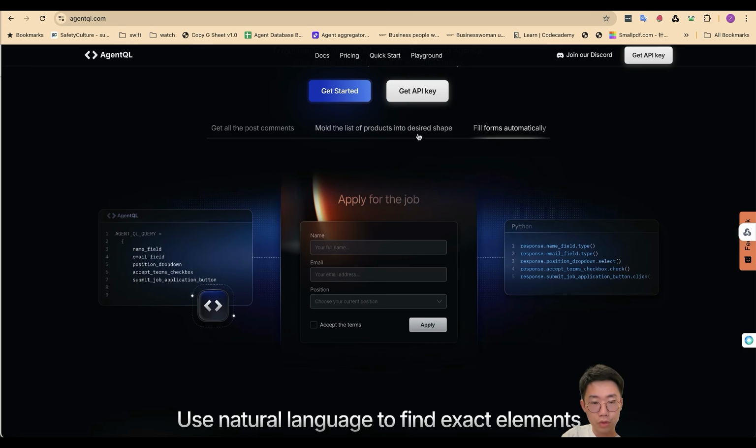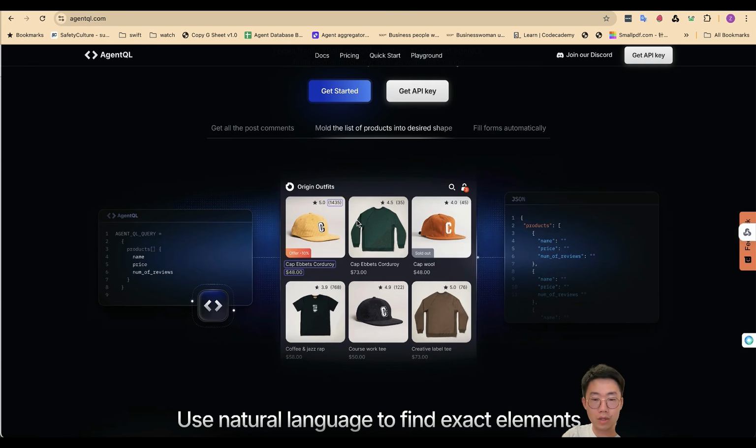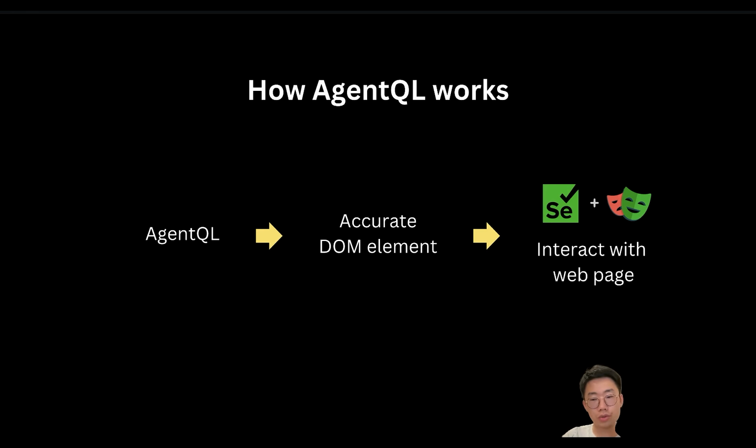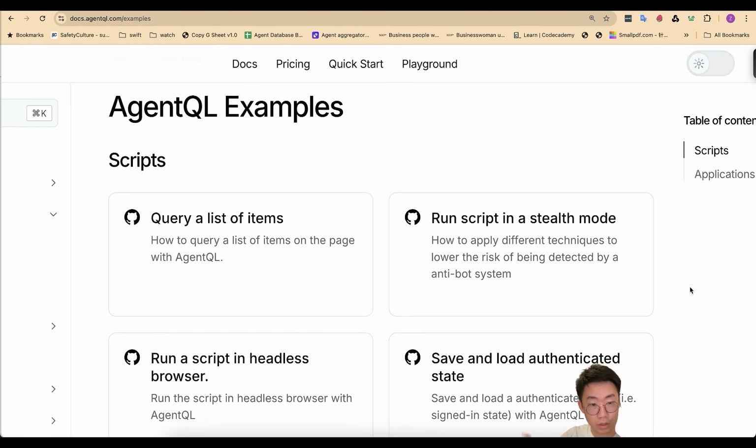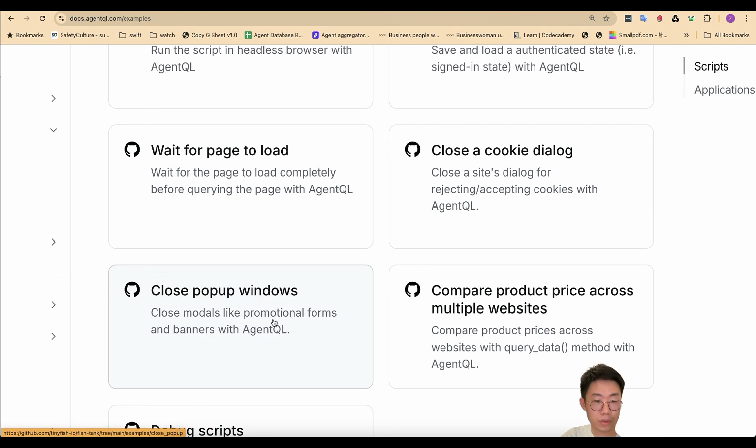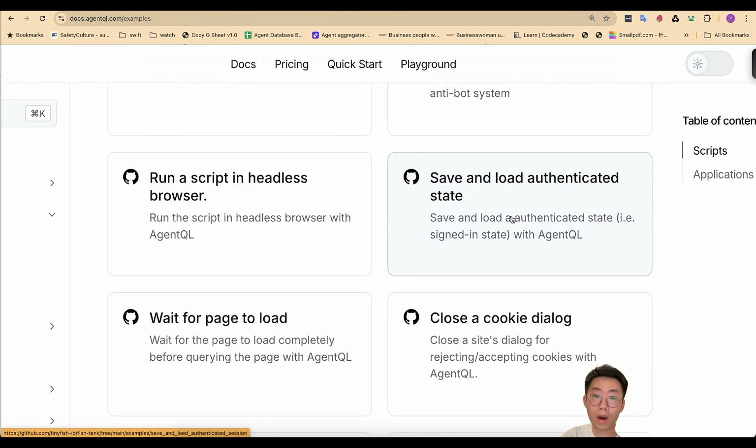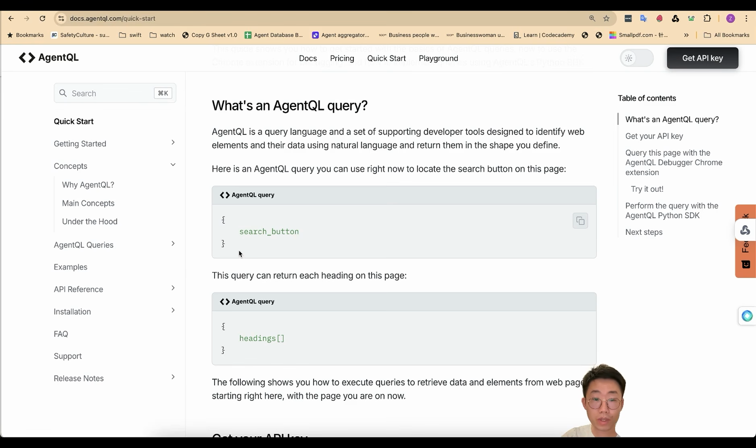They basically built a model to be able to identify the right UI elements to interact with, as well as the right DOM that contains the information that we want, so that we can give the right instruction to Playwright to simulate the web interactions. And this allows us to do a whole bunch of web automation, like closing different sorts of pop-up windows and cookie dialogs, as well as logging into websites that require authentication. All I need to do is just use their SDK and pass in the UI elements that I want to get back with natural language. And to showcase how you can fully utilize AgentQL to build such web scrapers,